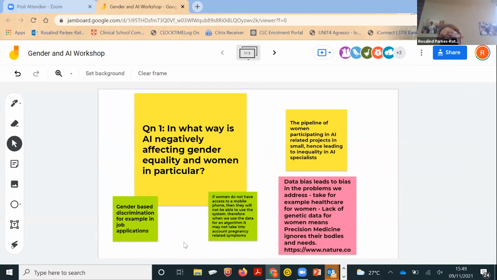Yes, some companies are using AI to do job applications at the moment, and they may be discriminating on the basis of names, they may be discriminating on the basis of gender. That's a big concern. If women do not have access to mobile phones, then they will not be able to use mobile phone-based systems. Therefore, when we use the data for an algorithm, it may not take into account something that's particularly female. So pregnancy-related symptoms may be